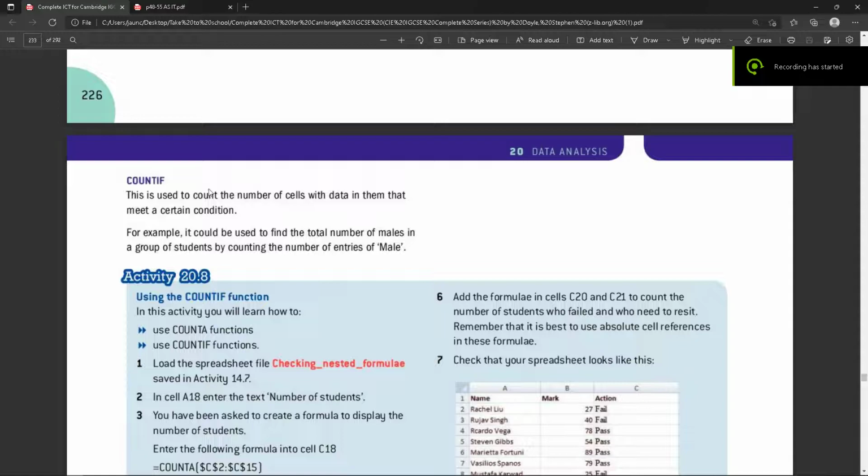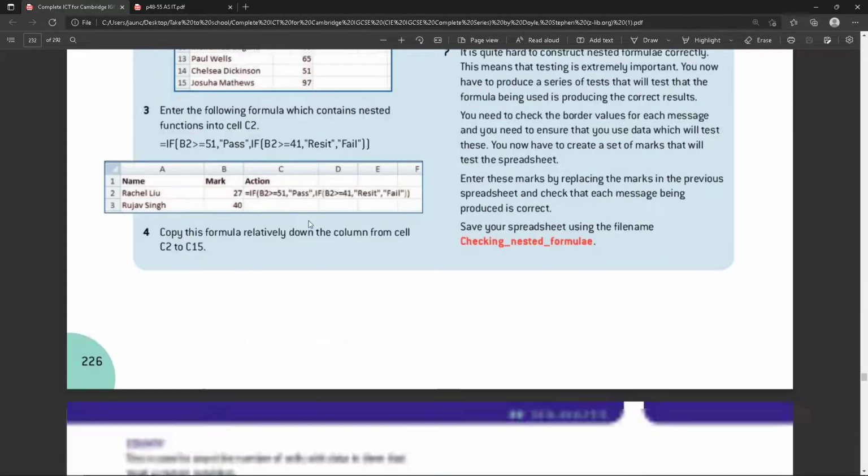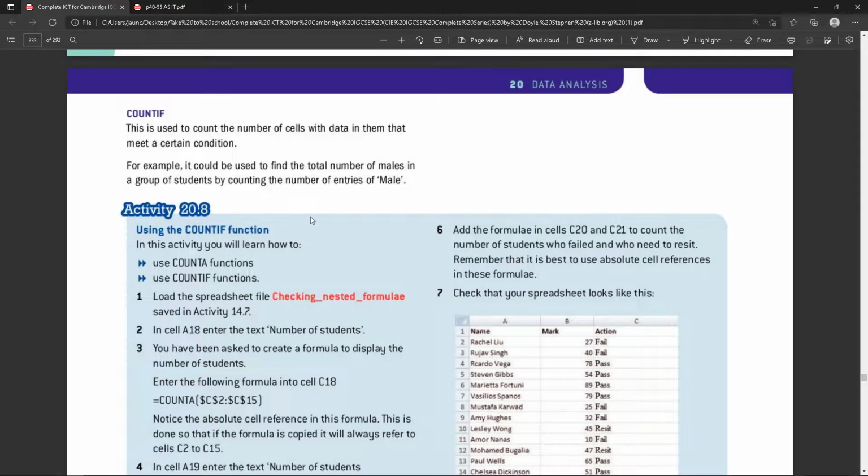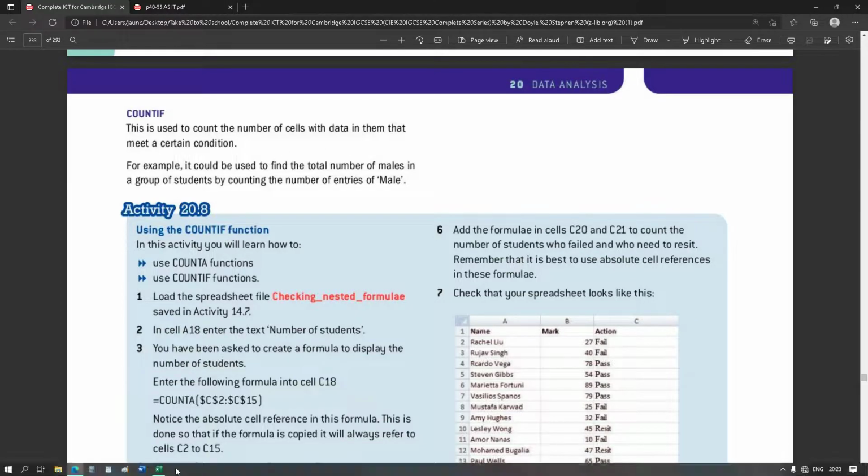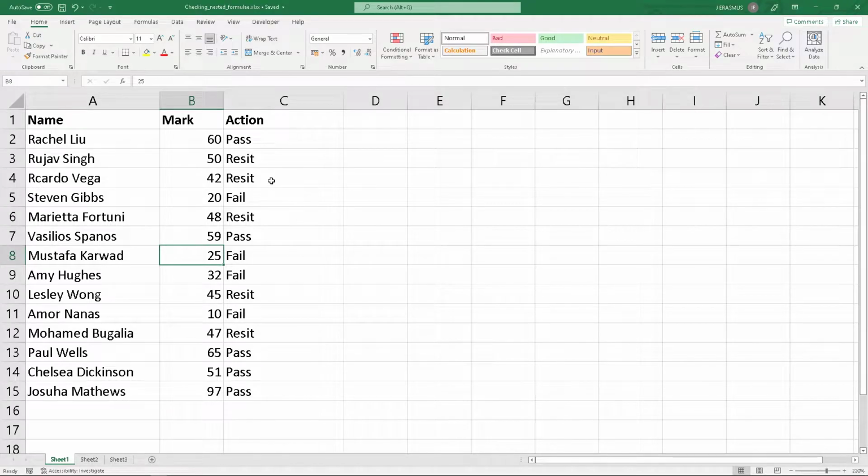So we are going to do COUNTIF. Now if you can remember from the IF function, the previous activity, it basically just tests a certain criteria. So it has a logical test. So it's going to be used to count the number of cells with data in them that meet a certain condition. So in our previous activity, if we need to count how many people passed,